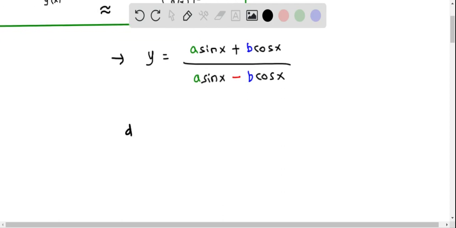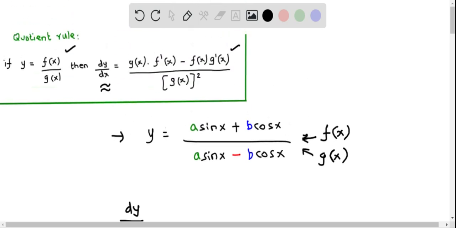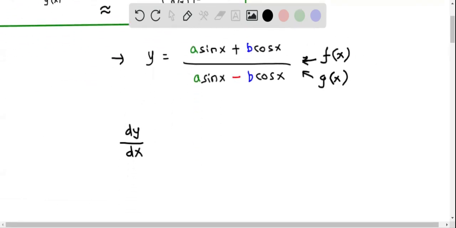So I write down dy by dx. I can consider the numerator expression as f of x, and the denominator expression as g of x. When we use the formula, we first put g of x multiplied with the derivative of f of x. So I'm going to write the expression for g of x, which is a sin x minus b cos x,